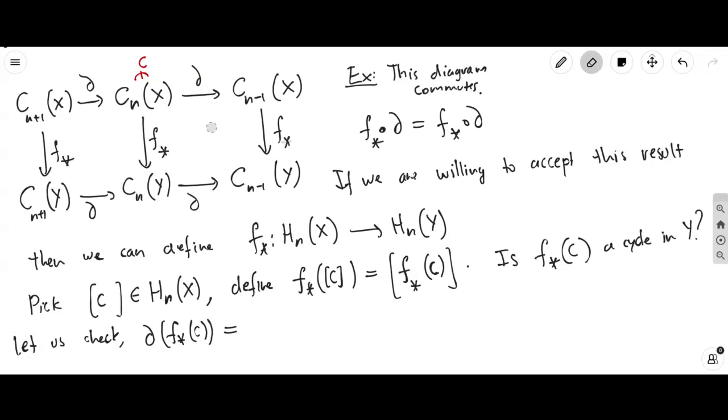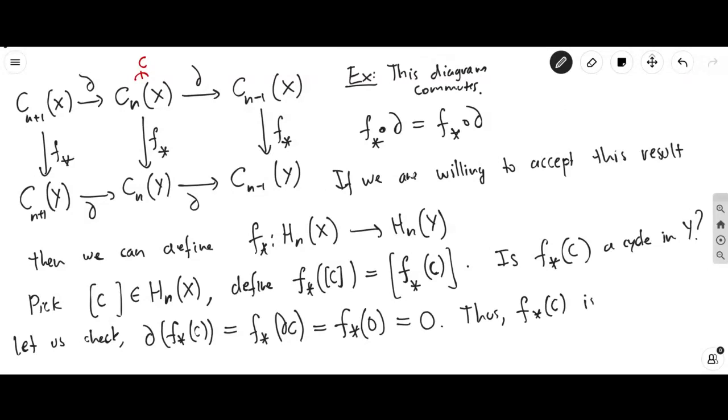Now this is where we're making the assumption that the diagram commutes. That doing this is the same thing as doing that. The diagram commutes. And you can actually see why it's called a commutative diagram, because you can interchange these two. So this is going to be F star of the boundary of C. So that's F star of 0, because we're assuming that C was a representative in the homology class of X. By definition, C is a cycle, so it has no boundary. And F star of 0 is 0, since it's a group homomorphism. So that's going to be 0. Thus, F star of C is a cycle